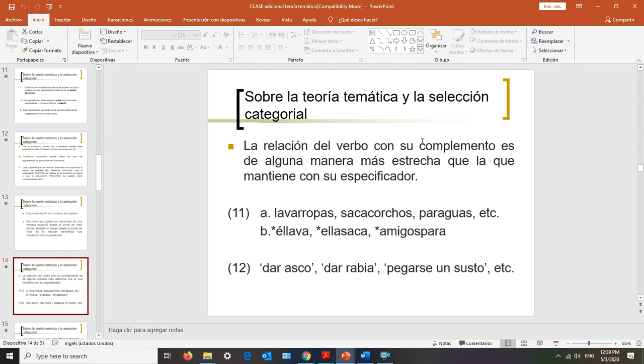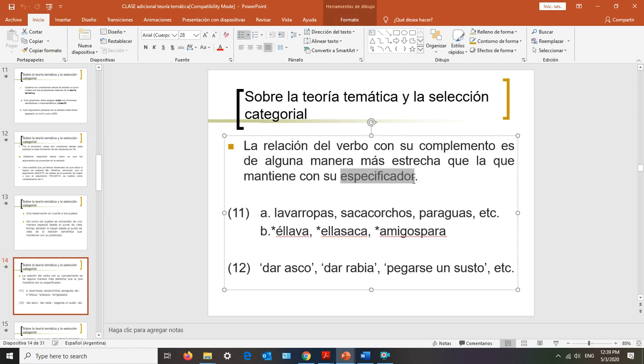For example, thinking in terms of a transitive verb, the complement being the direct object of a transitive verb. And this is a much close-knit connection between verb and complement than the one that the verb maintains with its specifier. Specifier is the entity that comes to the left of the verb,